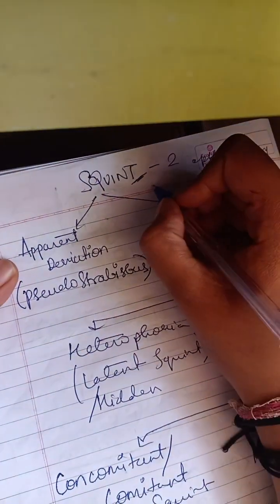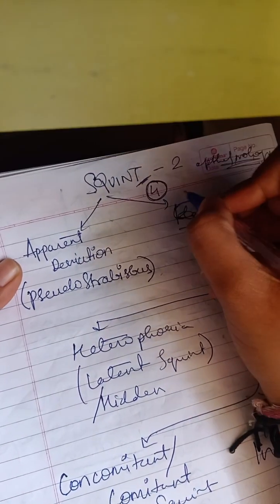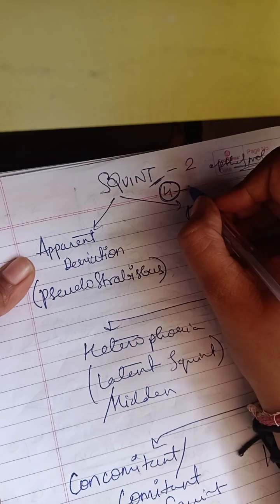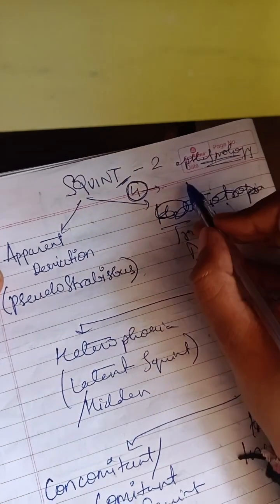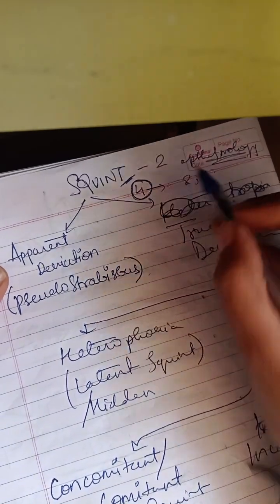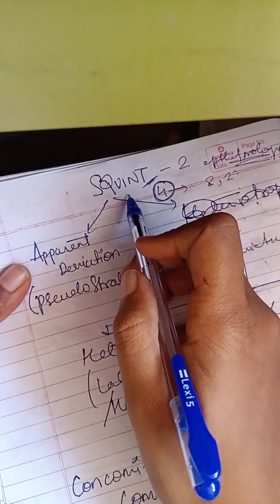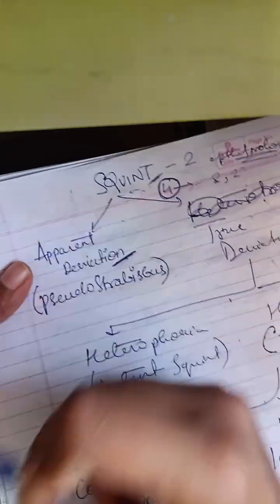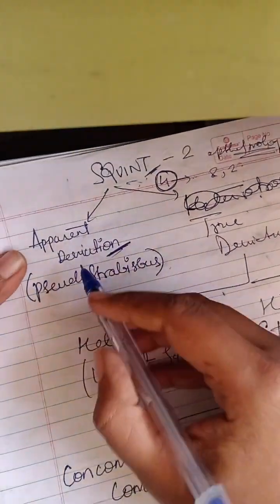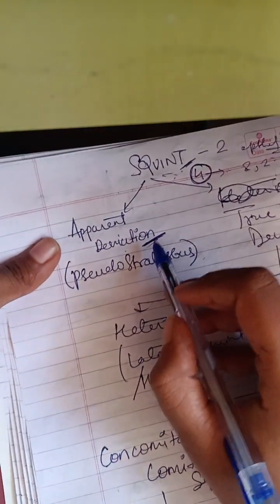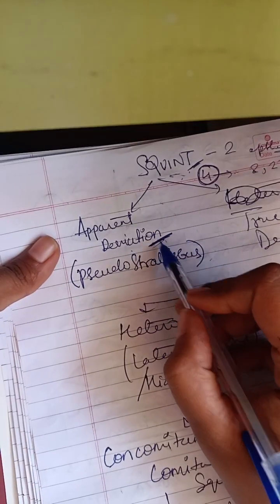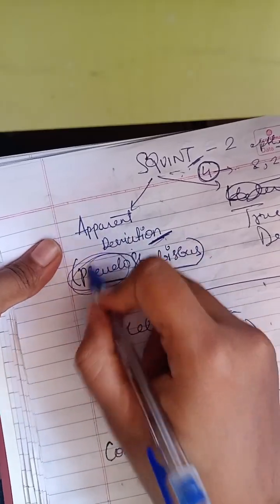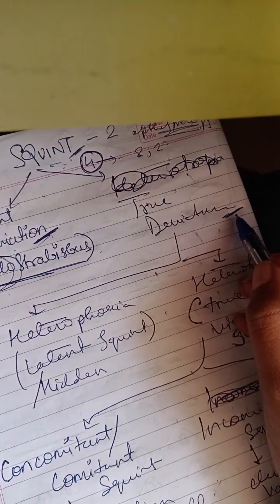We saw that there are 4 muscles that are basically required. Any kind of deviation in those 2 muscles which contract or the other 2 muscles which relax would lead to your squint, any kind of lesion in those. So when squint occurs, there can be an apparent deviation and there can be a true deviation. Apparent deviation means in reality squint is not occurring, it is just a false squint. So we call that pseudostrabismus. Pseudo means false.